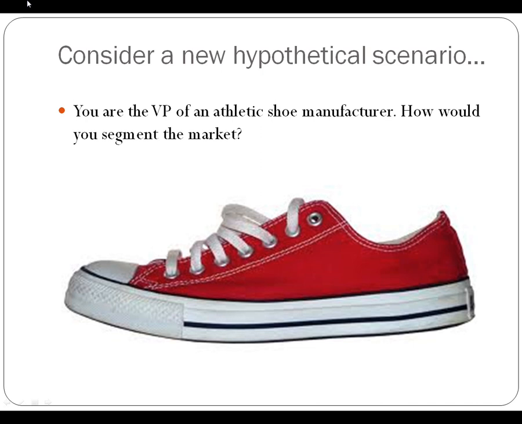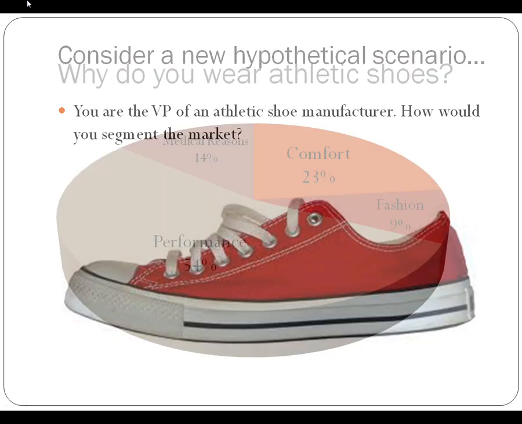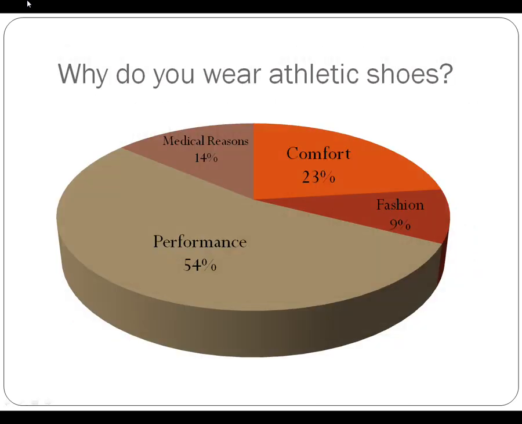We can say just basketball shoes. We can say consistent with the picture. We can say just vintage sports sneakers that are now pretty much just stylish walking around shoes and they're no longer used for sport. We can segment based on why they wear the shoe, those types of things. Okay. So, why do you wear athletic shoes? This is a way to segment.